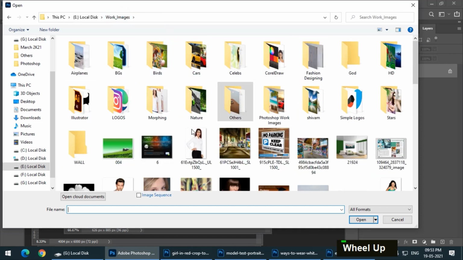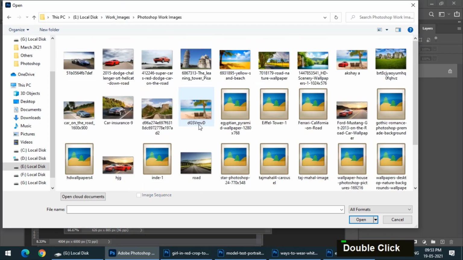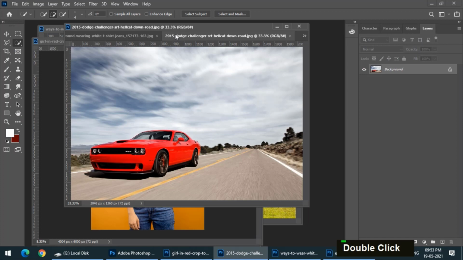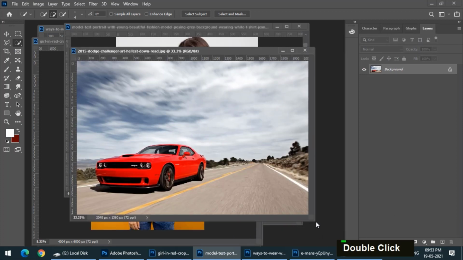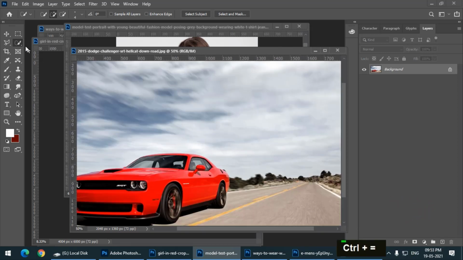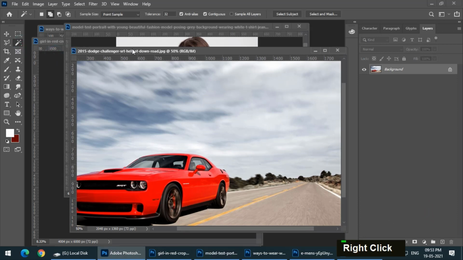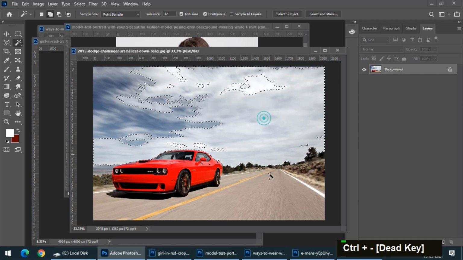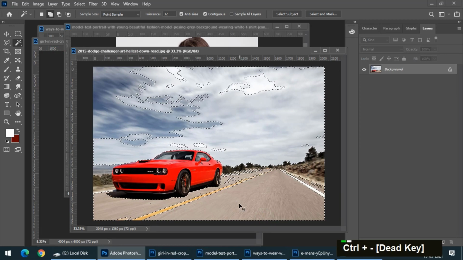Let's say I go to this image. It looks like there are no similar pixels in this image, so we cannot use the magic wand tool efficiently because it won't select it properly, as you can see.